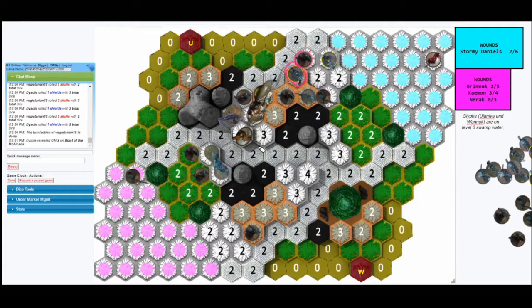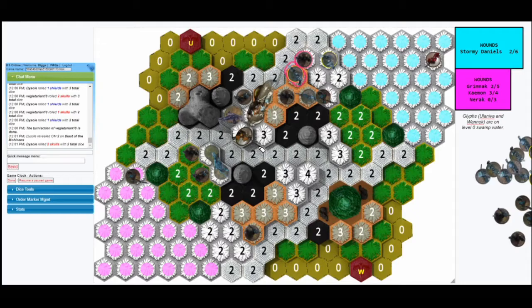Part of me says that the chance was to get Grimnack off the board last round, or win the initiative here, get the order marker drain, and then you can murder Grimnack at your leisure this round. If either of those things had happened, honestly, it feels like you could argue it's Dysole's game to win, because with a full run of two turns, Dysole still had full attacking capacity with the Blastotrons.